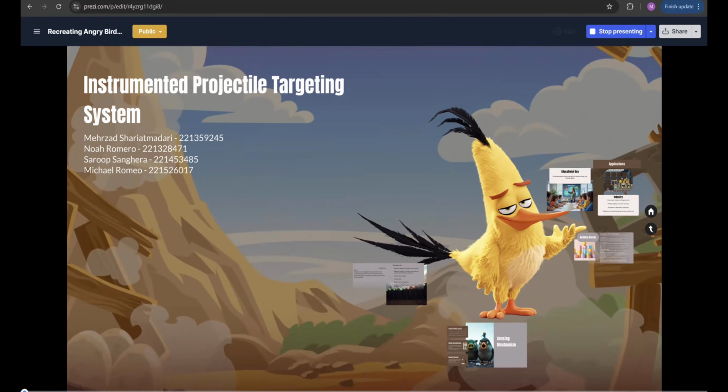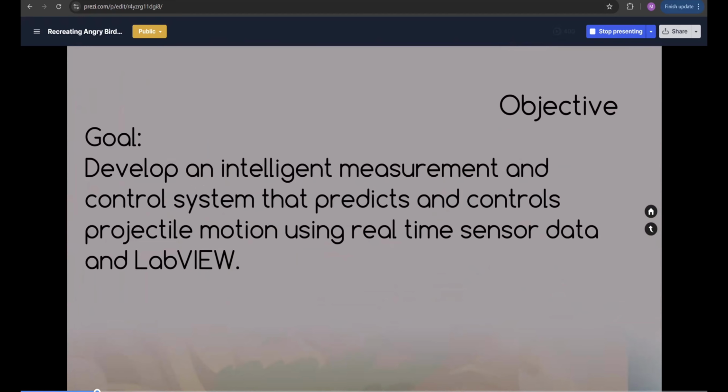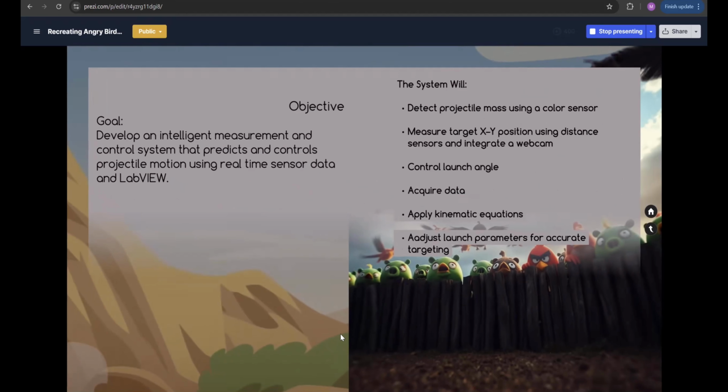Growing up, many of us played Angry Birds, pulling back a slingshot, aiming carefully, and hoping the projectile would hit its target. Our project brings that concept to life by transforming a familiar game mechanic into a measurable, data-driven engineering system. The objective is to create a projectile motion analysis platform that uses real-life data acquisition with kinematic modeling in